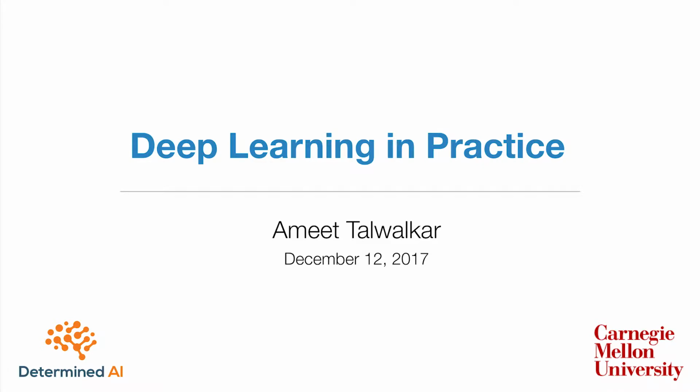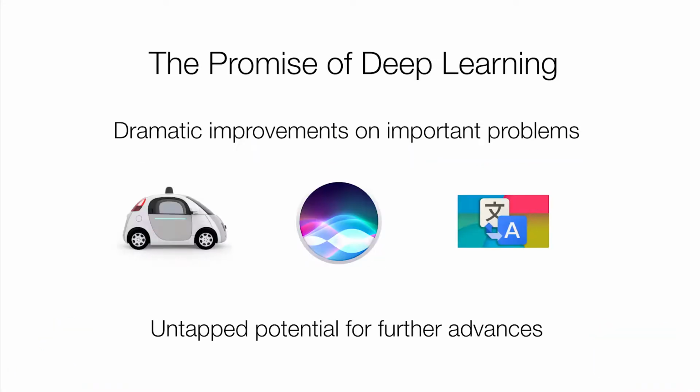So I think everyone in this room has heard about the buzz surrounding deep learning and the impressive impact it's had over the last 5 years on a variety of applications, whether it's autonomous vehicles, or voice-powered assistants, or translating language. We've seen a lot of cool things that have been powered and really pushed forward via deep learning. And of course, we're kind of just scratching the surface. More and more people and organizations are starting to use deep learning for various kinds of applications, and it's really exciting to see what's going to happen next.